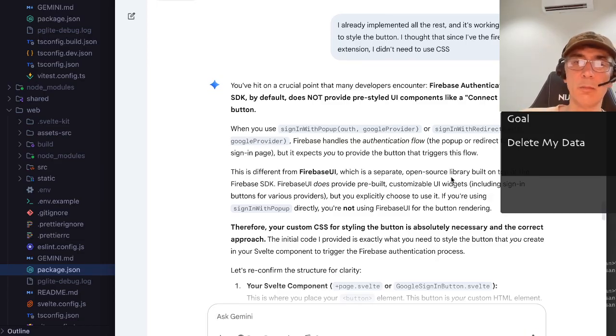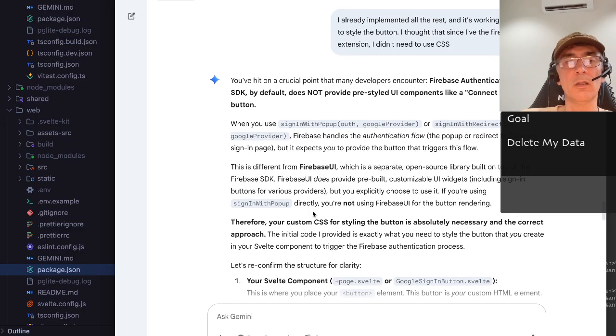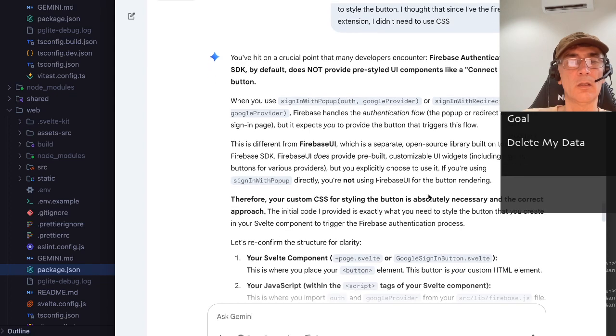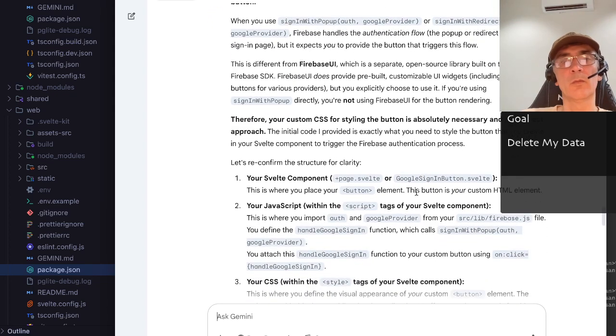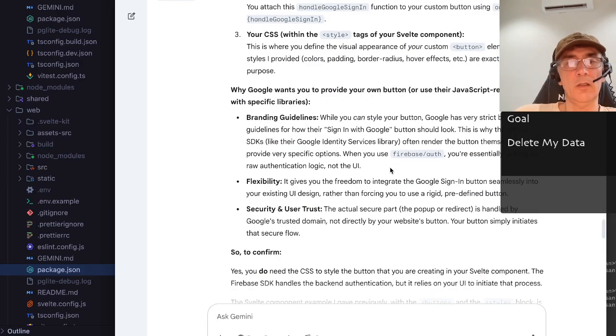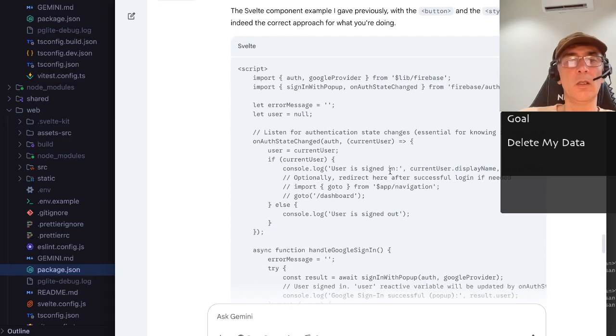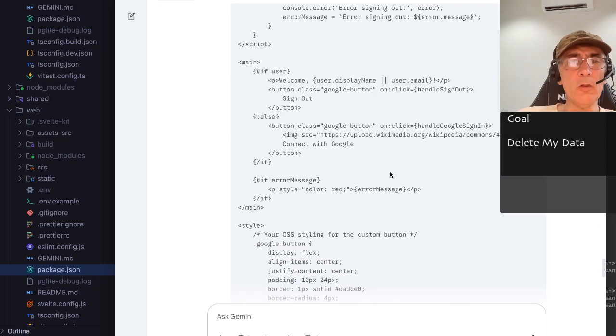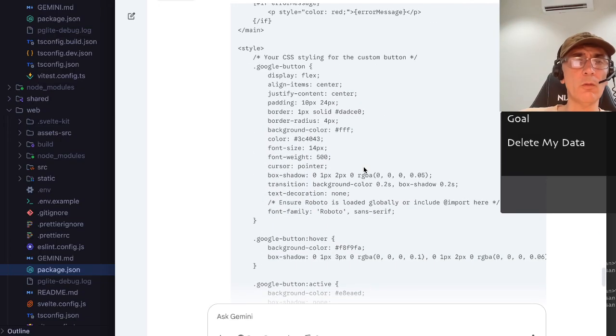Firebase UI is a separate open source library. Sign in. Okay. Should I install Firebase UI? Why do you give me all this code? I already told you I don't want it. Anyway,